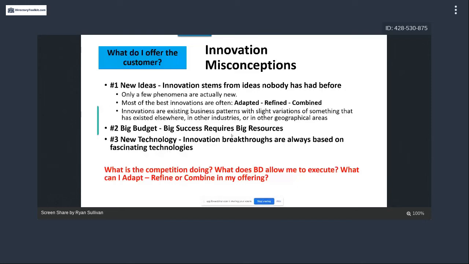And then the last thing, kind of in the same vein but a little bit different, is the new technology. Everybody always thinks that innovative breakthroughs are always based on fascinating technologies, and they're not, right? A lot of times the man-made approach or the workaround or how you do it is just as good as the technology, because a lot of times you lose some stuff in the process of having that technology, right? A lot of times when things get regulated or fancified, you kind of lose